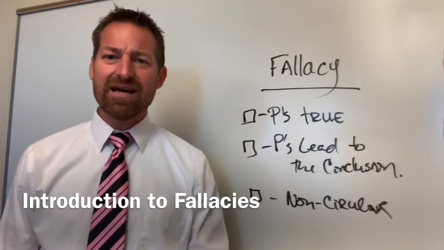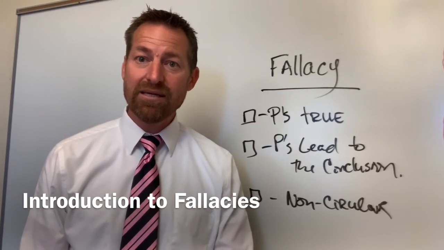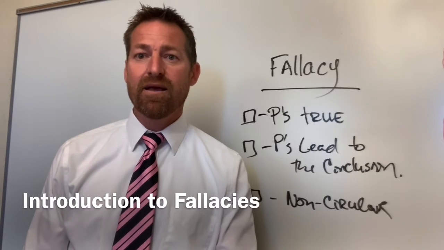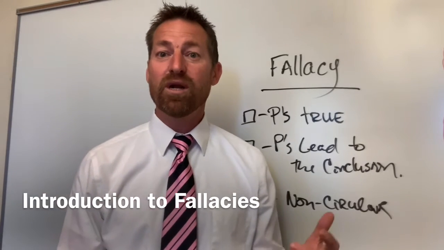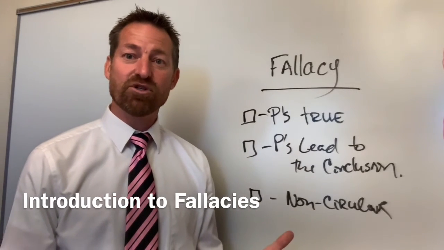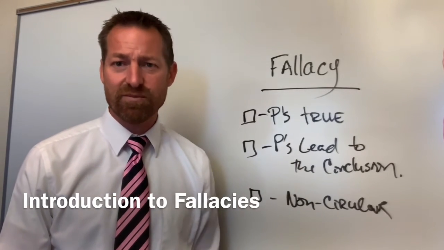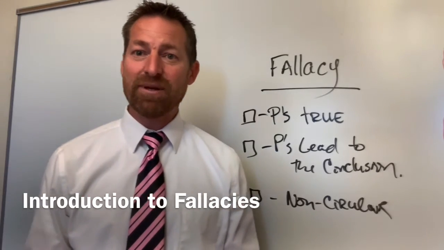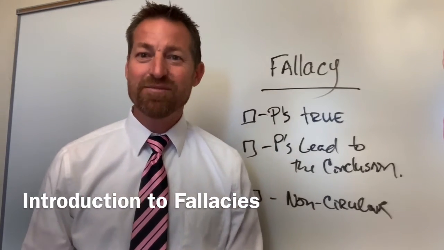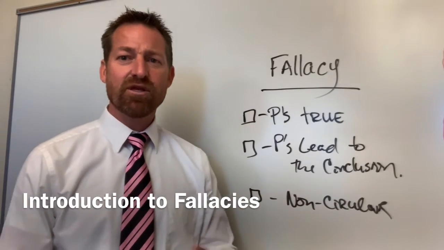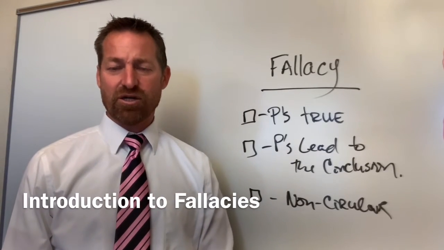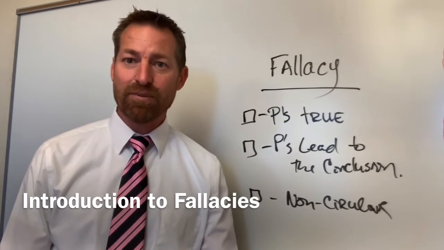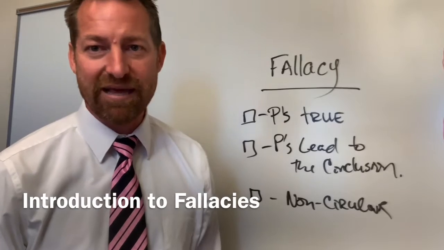But that's ultimately not the goal, because you can persuade even with a bad argument. So the goal is truth, and not necessarily persuasion. But a lot of things that happen in language can persuade people even when the argument's bad. So these types of things that happen regularly get a nice academic name. Usually it's a Latin name so that you can sound really smart when you say it. And so when you recognize that that error in reasoning is occurring, rather than explain the full-blown error, you can just give the name for that error, and people who know what you're talking about can say, oh yes, well, there's that flaw in reasoning.